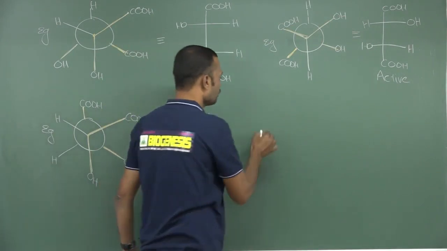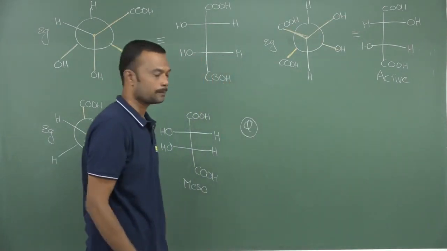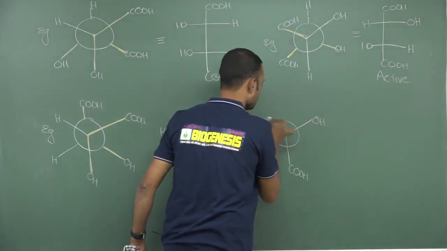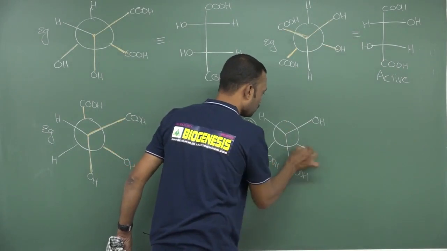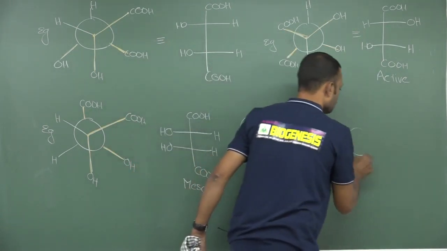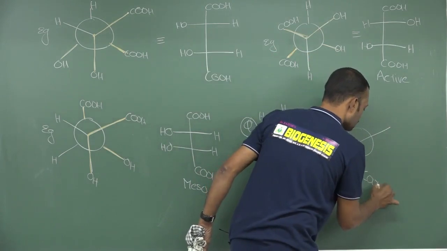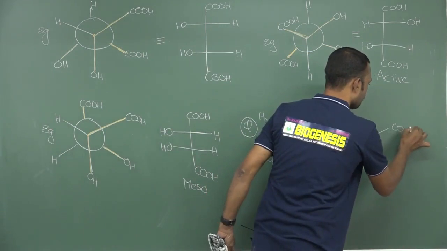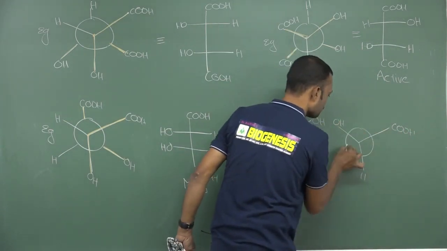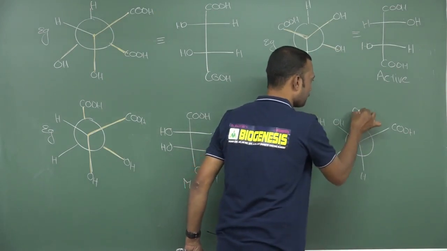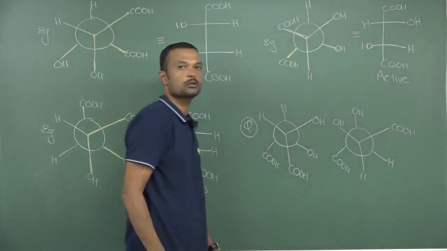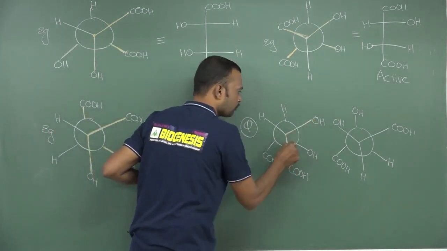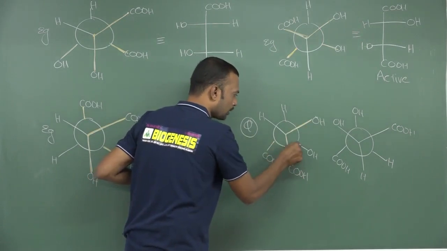So now can you give one relation which is asked in exam? See here. So I am giving this molecule, try to identify the relation. This is C double bond, carboxylic acid, this is OH and here H. Here OH and here H. See what is the relation between these two. So if you see this carefully, this is right side, front carbon right side, rear carbon right side, means it is meso.